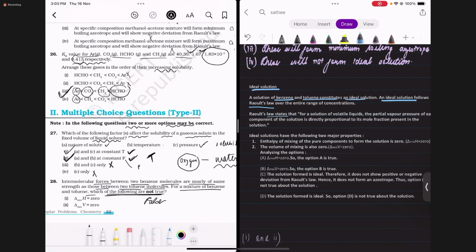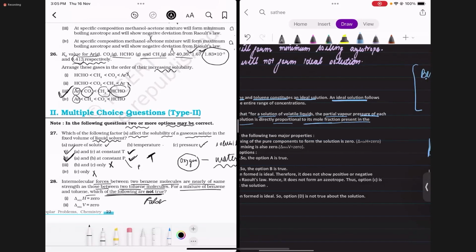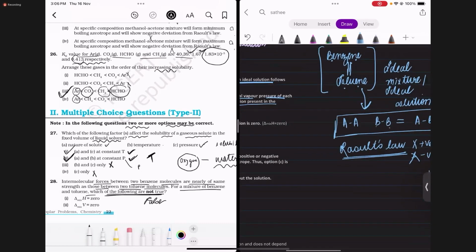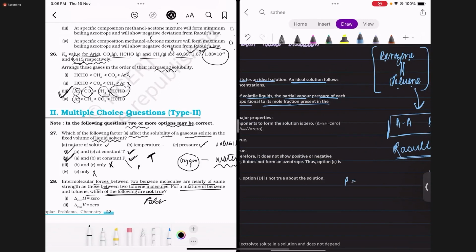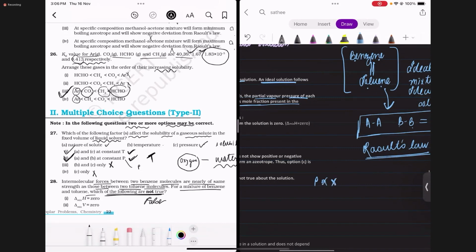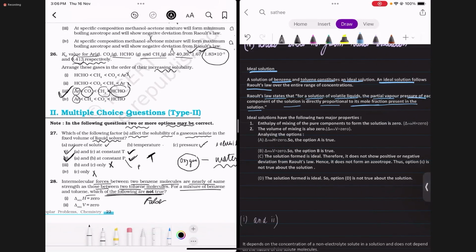So Raoult's law क्या कहता है कि for a solution of volatile liquids, the partial pressure of each component of the solution is directly proportional to its mole fraction present in the solution. तो Raoult's law कहता है कि the partial pressure of each component is directly proportional to the mole fraction. So जो partial pressure है each component का, that will be directly proportional to the mole fraction. ये है Raoult's law. And ideal solution है that follows Raoult's law over